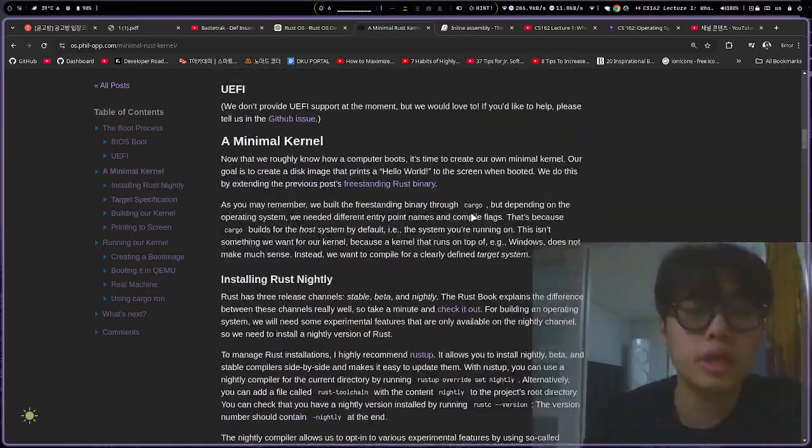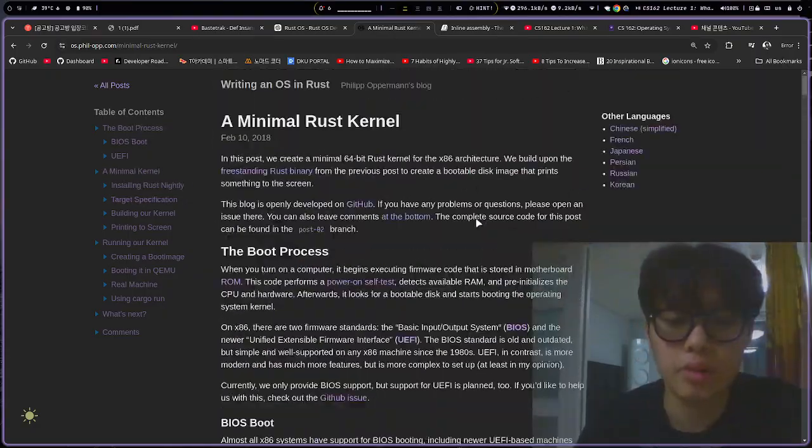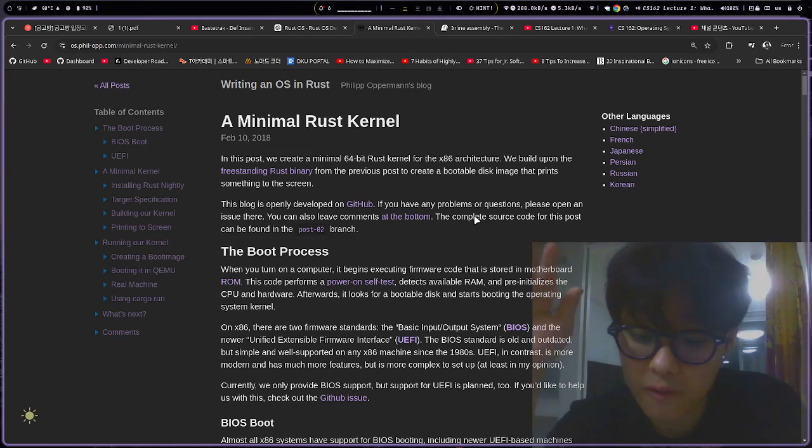So actually, yesterday I talked about the question of reading a minimal Rust kernel, and my first question was, what is firmware code? Because I have literally zero knowledge of operating systems. So I was like, what is firmware code? And they say that it is like basic